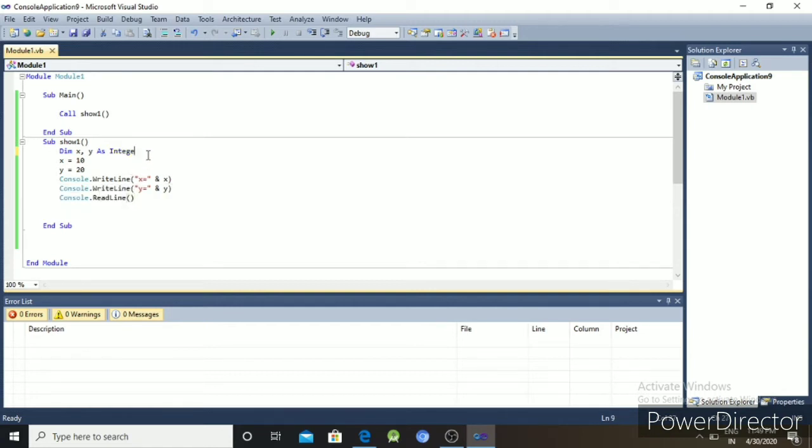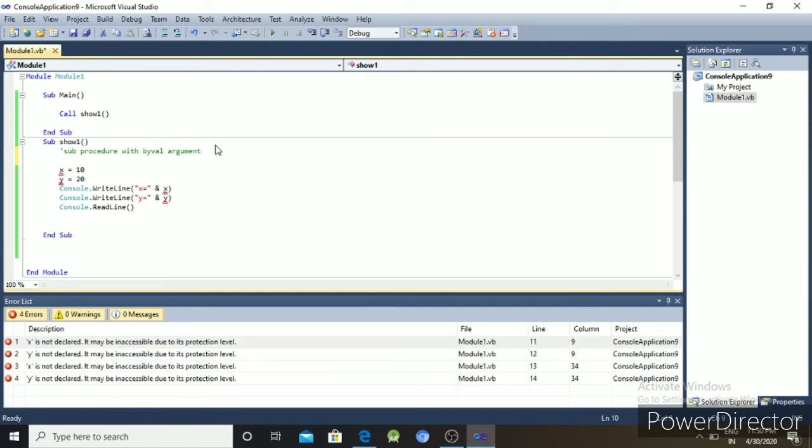So the next method is the sub-procedure with ByVal arguments. So we have to create the ByVal.